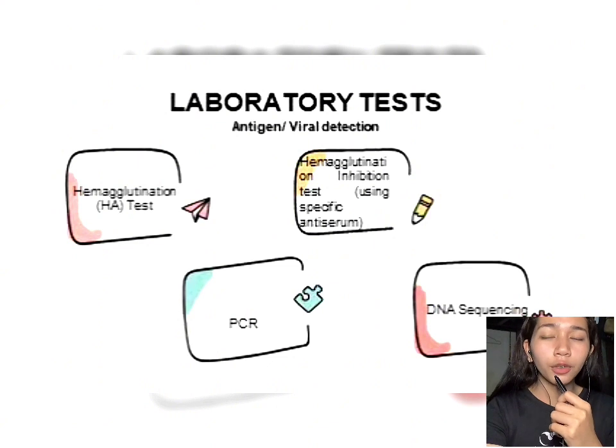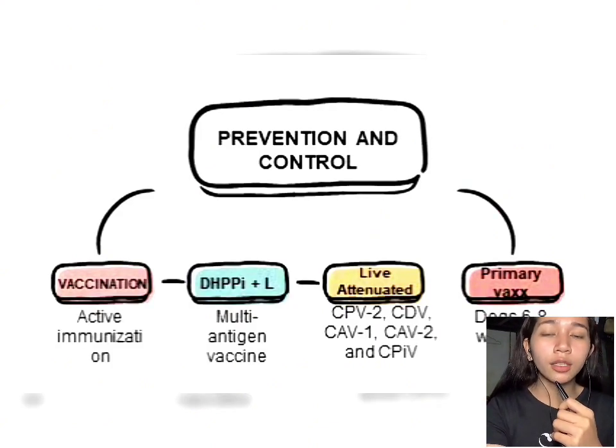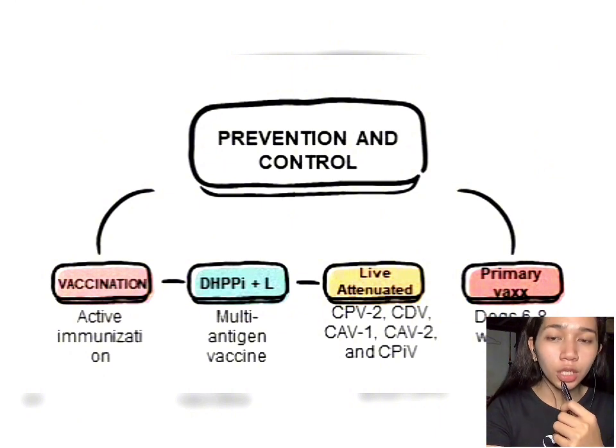For the prevention and control, of course, we have vaccination. A multi-antigen vaccine is used. In this vaccine, attenuated canine parvovirus 2, canine distemper virus, canine adenovirus 1 and 2, and canine parainfluenza virus are used, and they are prepared in a freeze-dried form. This attenuated vaccine is injected along with a killed vaccine comprising the leptospira bacterial species,